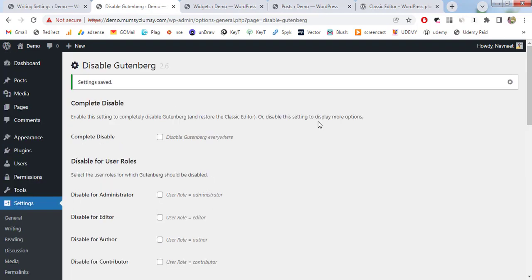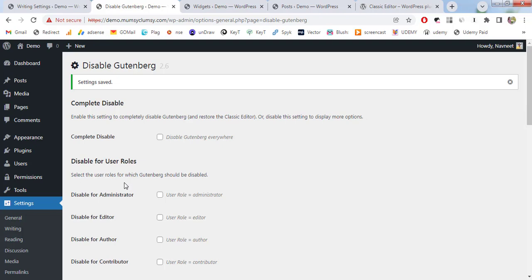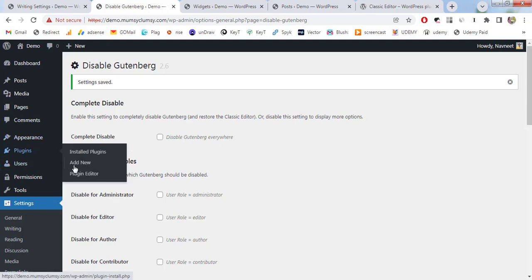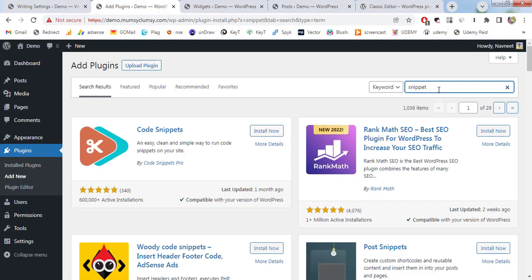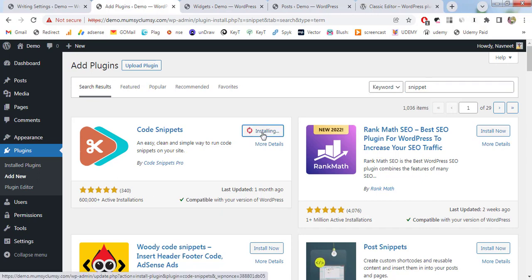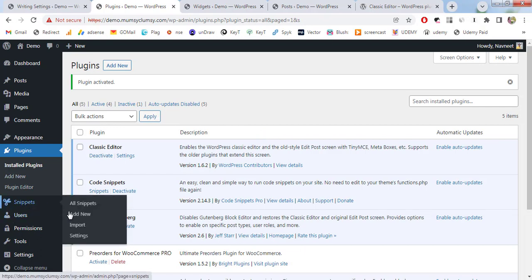And now we are going to learn the third way to disable Gutenberg on your website. So make sure you are enabling Gutenberg in the first step, and then this is for disabling Gutenberg completely. Go to the Plugins section, click on Add New, and in the search bar type snippet, and you will get the first option, Code Snippets, and it has 6 lakh plus installations. I'll click on Install Now, click on Activate, and once the plugin is activated, go to Snippets, click on